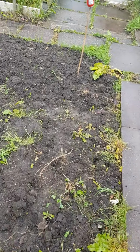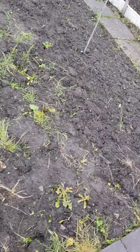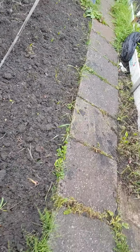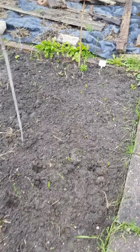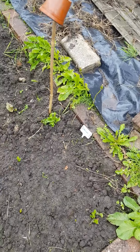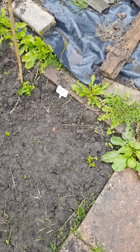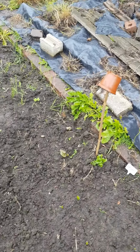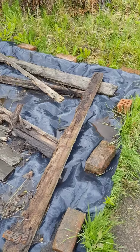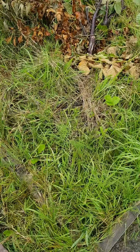What was planted here, I didn't get this last time because I literally just forgot the sign, like a dumb idiot. But what's being planted here is onions. I'm pretty sure that's a weed just there, but apparently these are the best ones to grow over winter. And as soon as the weather's dry, because it's